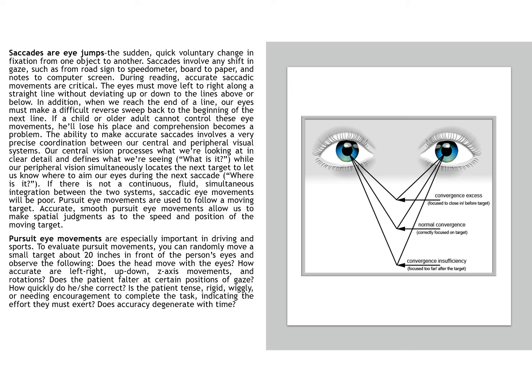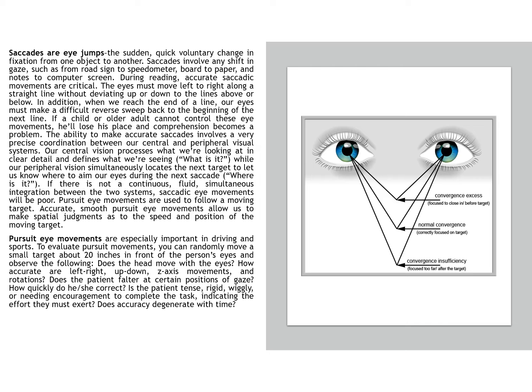Our central vision processes what we're looking at in clear detail and defines what we are seeing. What is it? While our peripheral vision simultaneously locates the next target to let us know where to aim our eyes during the next saccade. Where is it? If there is not a continuous fluid simultaneous integration between the two systems, saccadic eye movements will